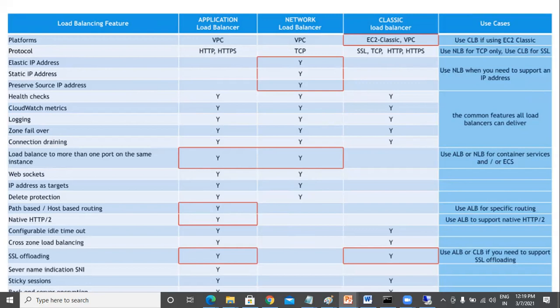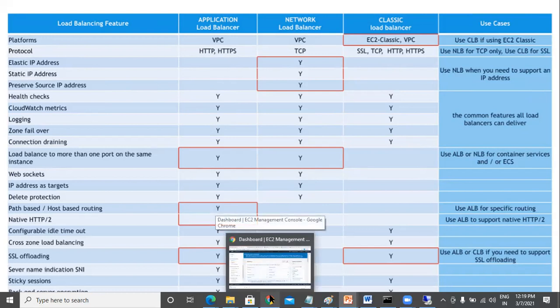So in general, out of topic, apart from AWS, if you take the other technologies, there are four major load balancing algorithms you have.